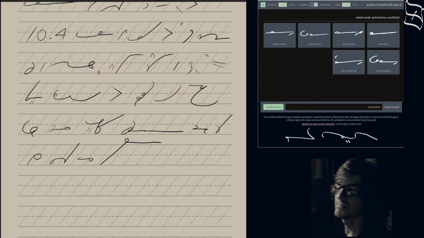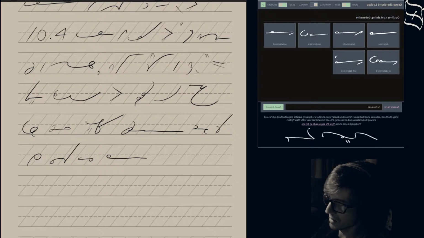Wow, that is a shortened determine. He could only determine. Let's go ahead and put that. Oh, undo. Clean this up here. And determine. He could only determine